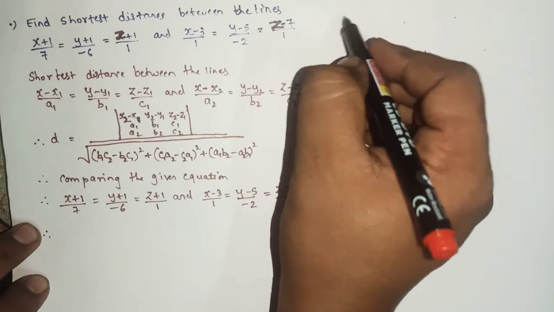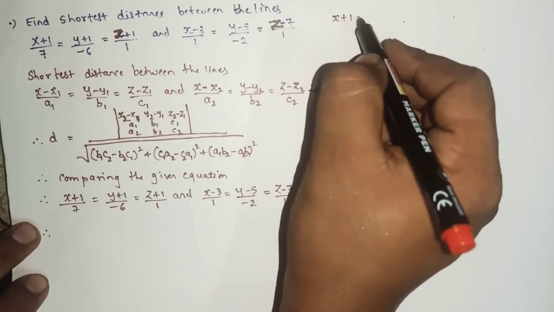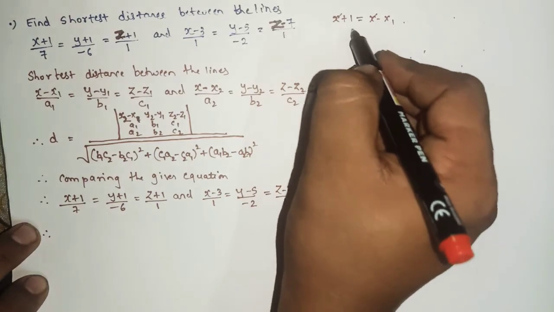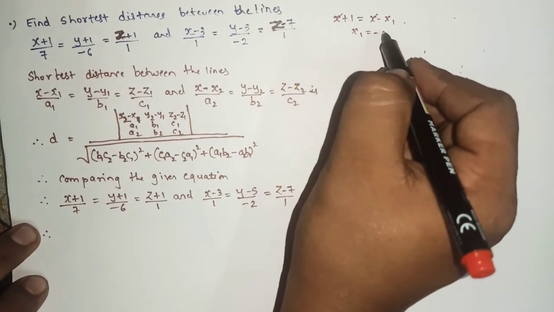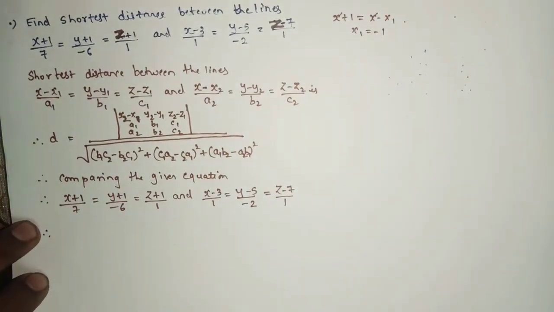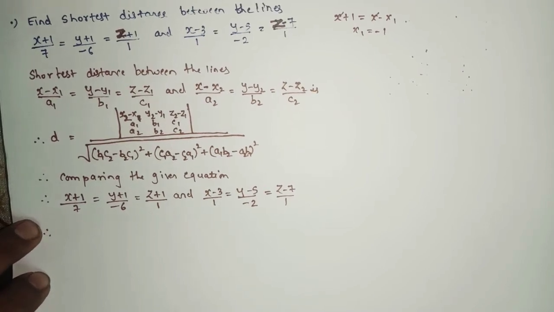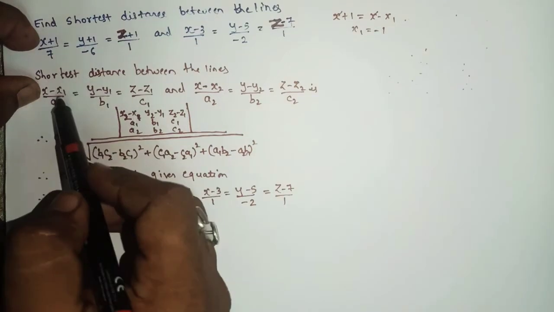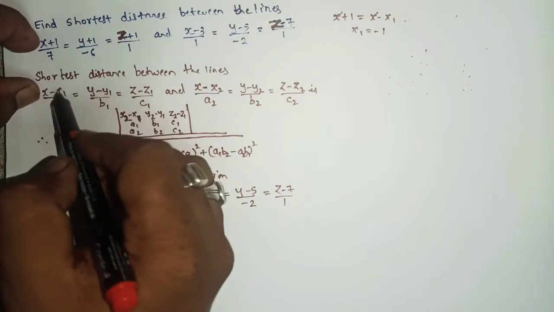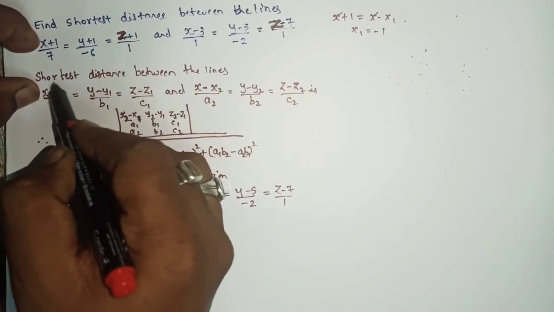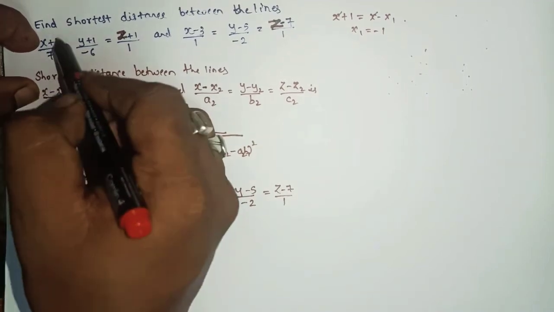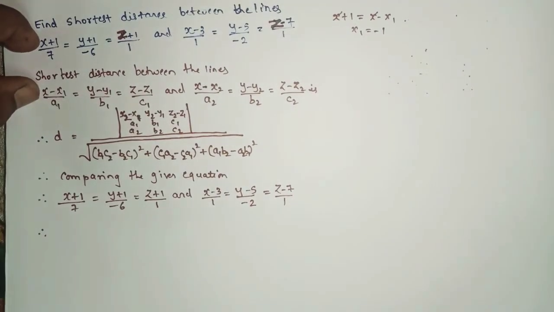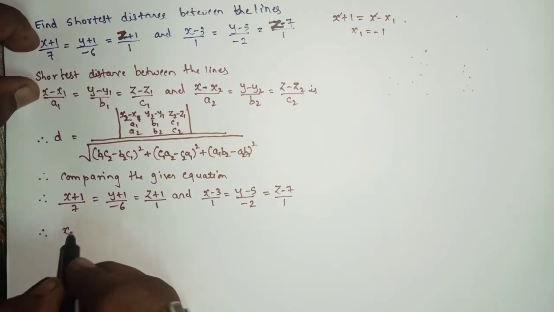So when you compare like this, x plus 1 and x minus x1, so here x will get cancelled, so therefore x1 will be equal to what? Minus 1. Can you see? When you compare this part, x minus x1 and x plus 1, the coefficient in place of x1 here is plus but here it is minus, so indirectly the value of x1 will become what? Minus 1. Yes or no?